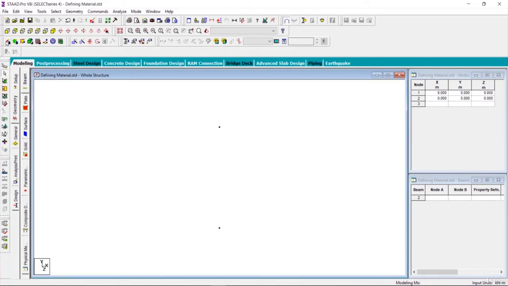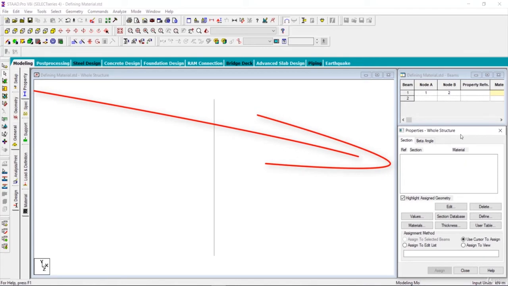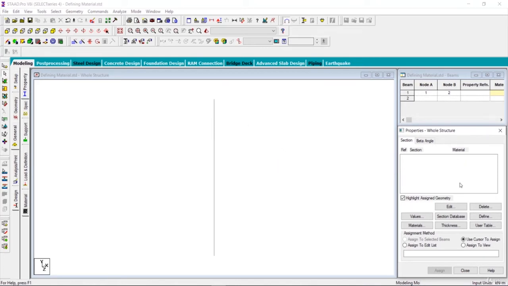For that, click on add beam option, left click on it and click here, left click, and after that left click. Now what I'll do is that I will assign a section to this column. For that, go to general, and after that you got a property selected, and the options related to the property are provided here. Okay, so click on define,